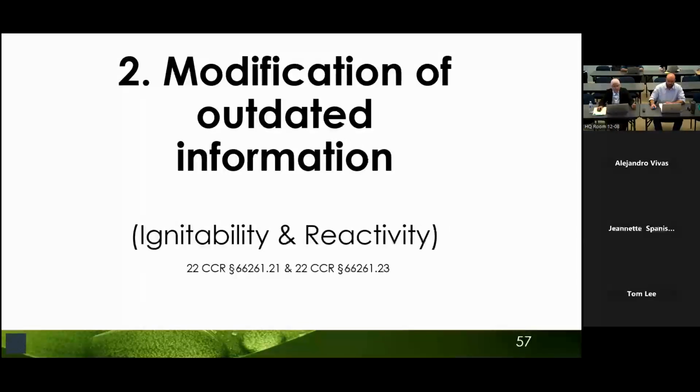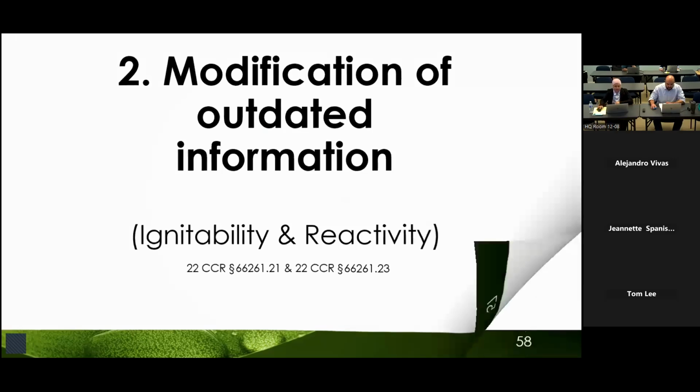All right, so let's move on to the next part. The second part of the updates focuses on revising outdated information within some of the waste criteria sections that require modification. Over time, certain references and regulatory details in the criteria have become outdated and no longer reflect current standards or practices. This is especially true in the sections related to ignitability and reactivity criteria, where some subsections still contain references to older or obsolete information that needs to be updated.